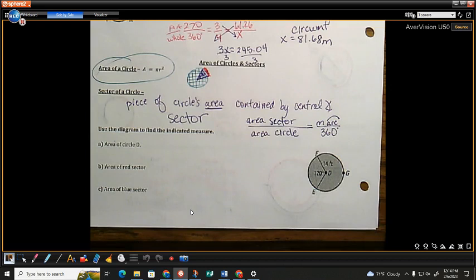How many pieces do they cut pizzas into usually? 8. Usually 8, unless it's like extra large. And each of those would have a sector that's theoretically an eighth the area of the whole thing. Okay? So,